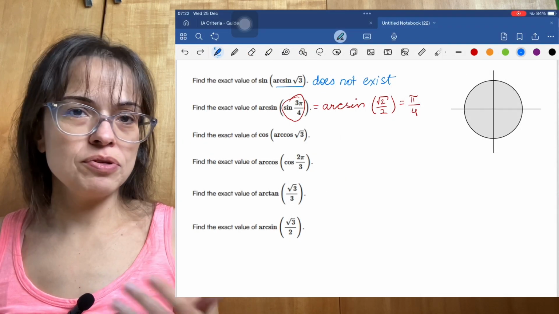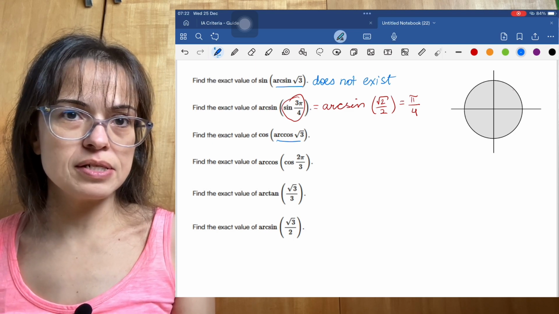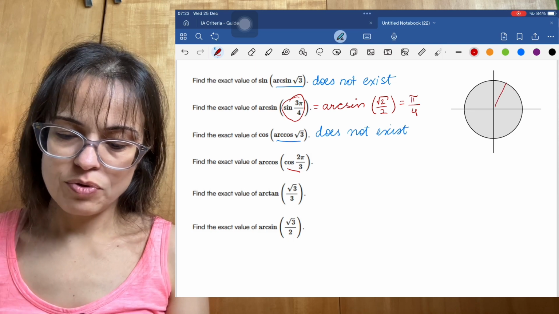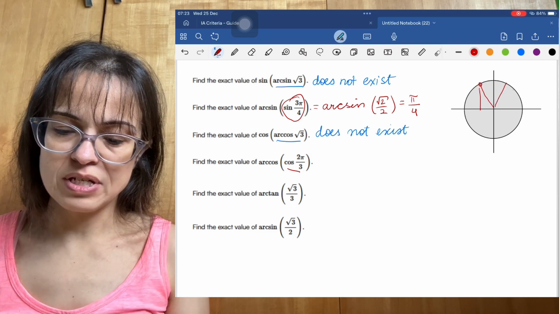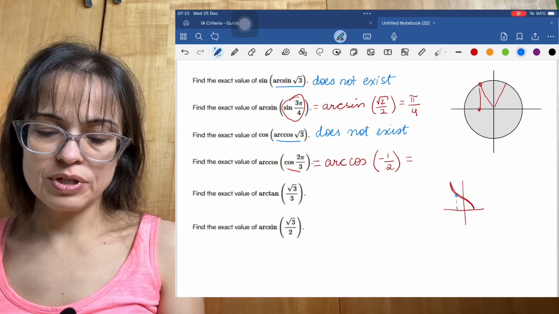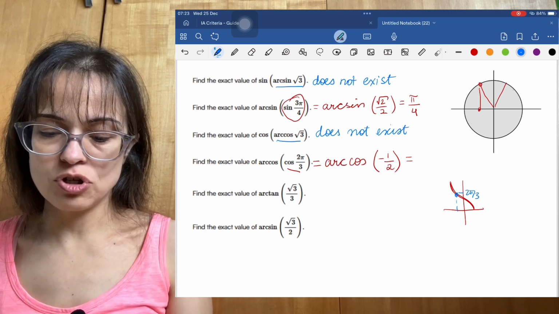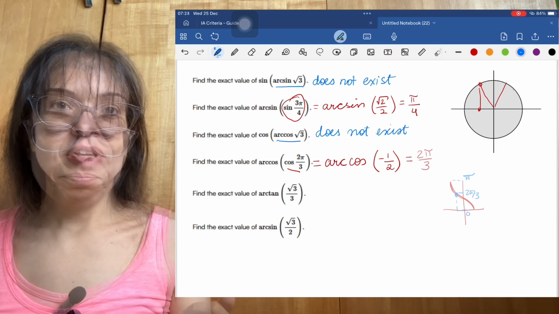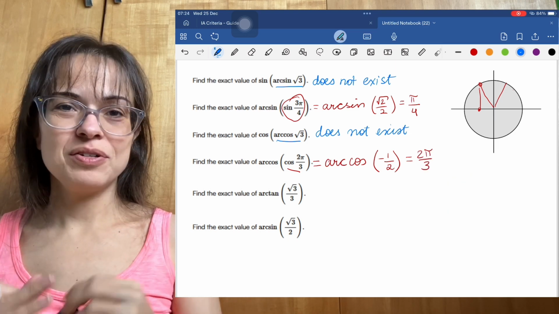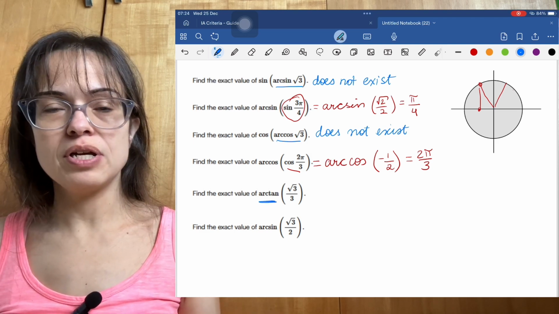And for the cosine function, there is nothing essentially different. Arccosine of root 3 also does not exist. Cosine of 2 pi over 3 exists. Let's see where it is. Pi over 3, 2 pi over 3, the cosine is -1/2. And the arccosine of -1/2 actually is 2 pi over 3. That is inside of the domain of the arccosine function, which is from 0 to pi. So that is the example in which it does cancel out properly because the number was inside of the domain and range. And then he goes on to talk about arctangent, which we haven't mentioned yet in the video,